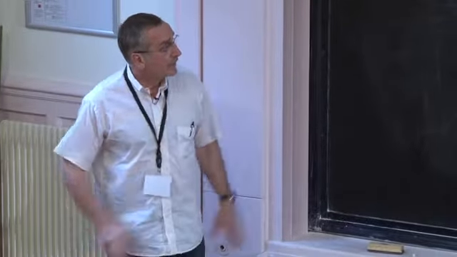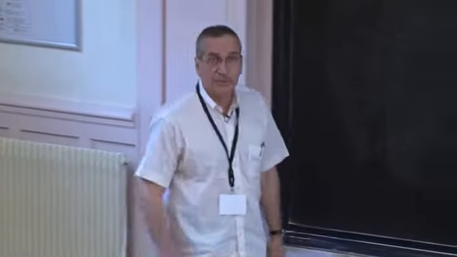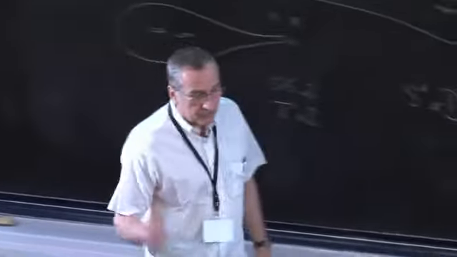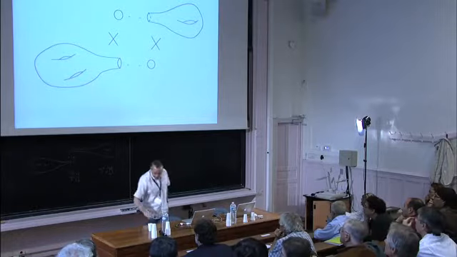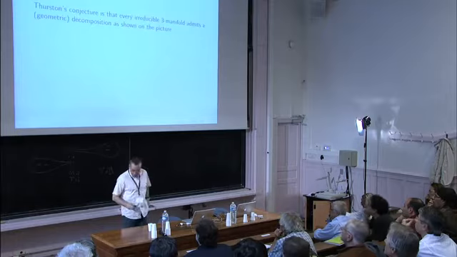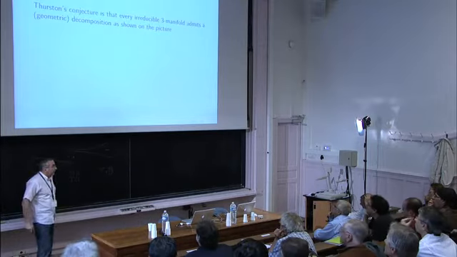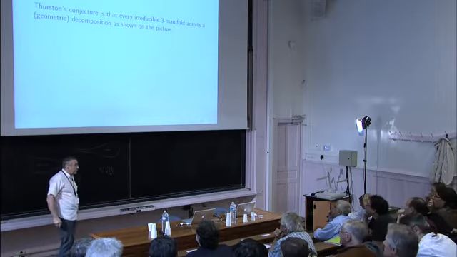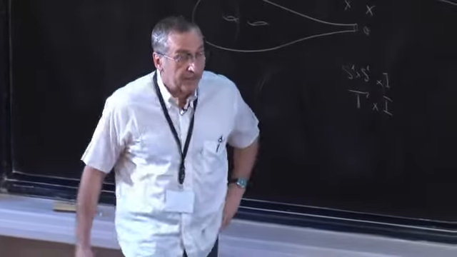One is S1 cross D2 on these extreme parts, and in the middle, something like a T2 cross interval. This was mentioned this morning by Bruce, and this will be a description of the local structure in a minute. So the Thurston conjecture is that every irreducible three-manifold admits a decomposition as shown on the picture, and he proved one